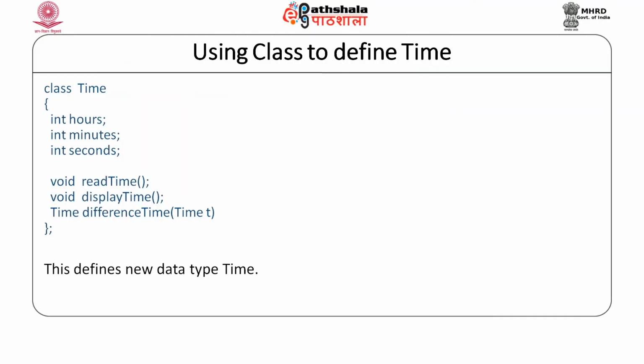How do we define the data type using class? Well, you would see that you can define the data type using class and structure in almost similar fashion. Here you would see that the only difference in the way we define the data type using structure in C is that instead of the keyword struct, here we are using the keyword class. So, here we are defining, using class, a new data type called time.